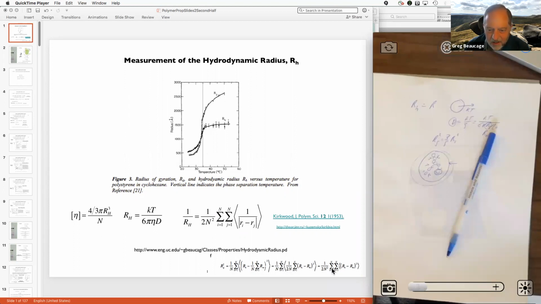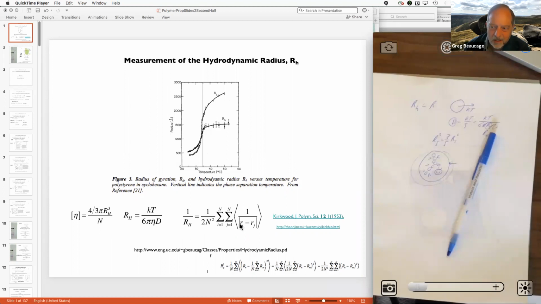We did this double sum, so it's directly the second moment. Right? So the end-to-end distance is the second moment of the distance separation of all the parts. So it's this thing squared, and this thing is like the inverse of the first moment. So the RH is going to represent a different moment of the distribution of sizes, and the radius of gyration is going to have a different value because it's calculated with this kind of inverse law. So this kind of